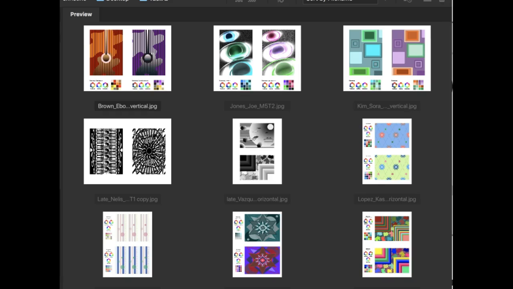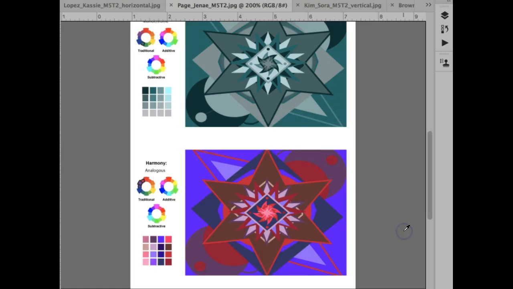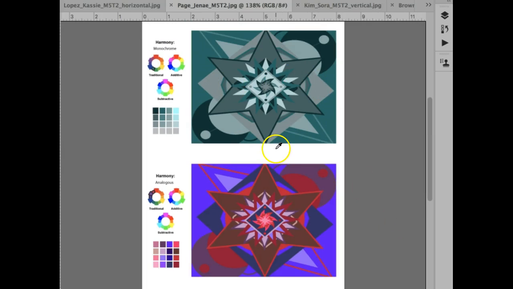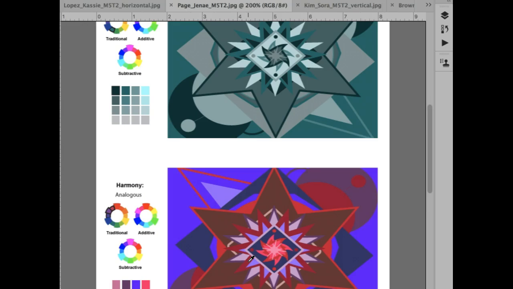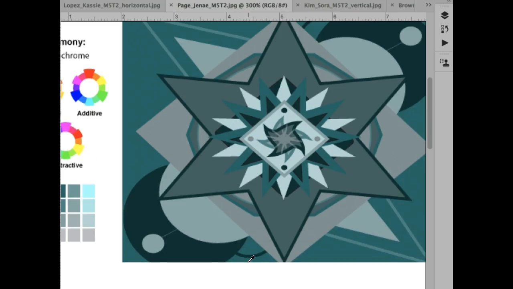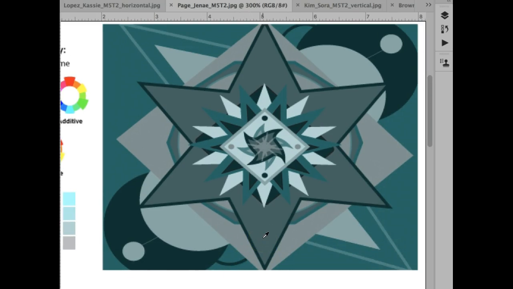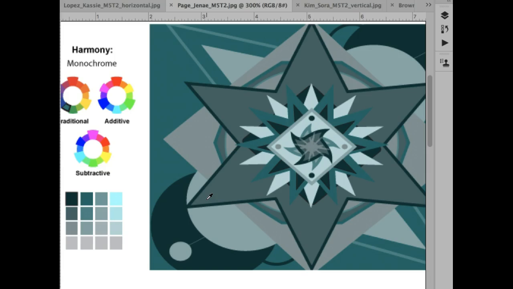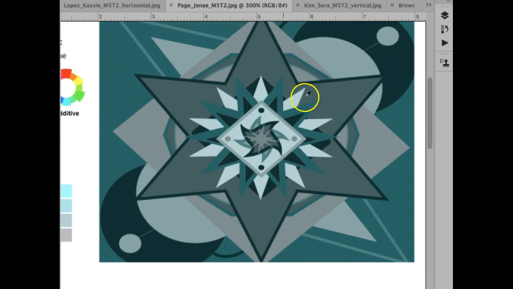So let's get started. Okay, Janae. All right, so you chose a monochrome and an analogous. I'm just going to zoom in here a little bit. Very nice. So this is like a green monochrome. It looks like you've really experimented with all of the different tints, tones, and shades. You've done a lot of experimentation, and it looks like you've worked a little bit with contrast here in the center, light versus dark, to give it a little bit of an extra focal point,